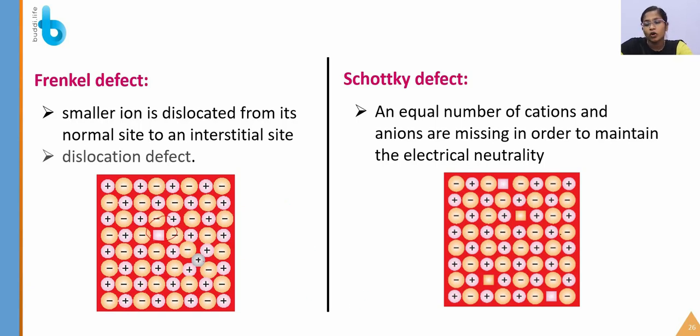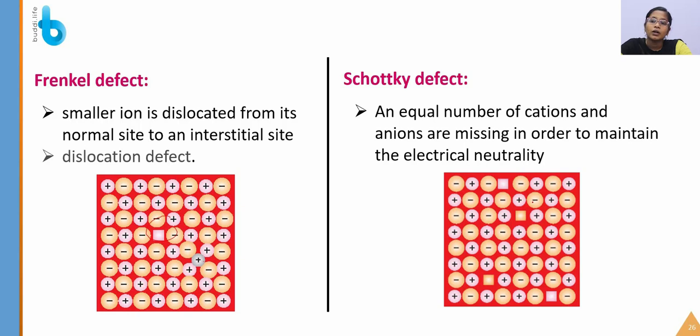And next one is the Schottky defect. An equal number of cations and anions are missing in order to maintain the electrical neutrality of the lattice. Okay, so in this type, what will happen? The electrical neutrality of the substance is going to be balanced, whereas the density of the substance is going to